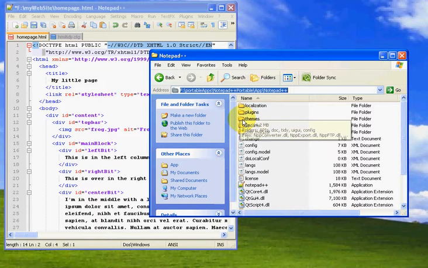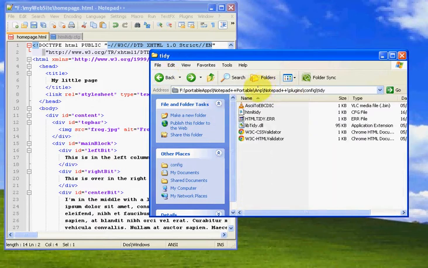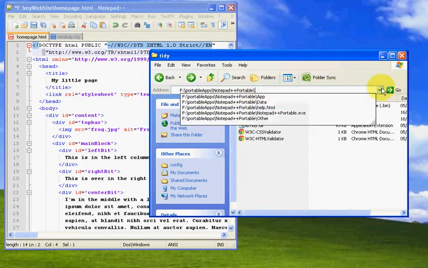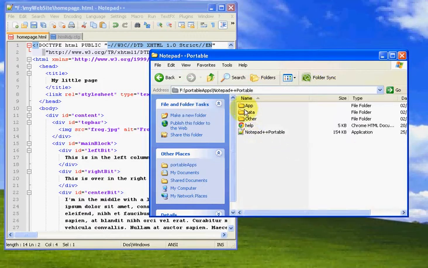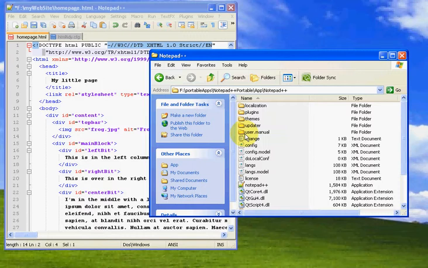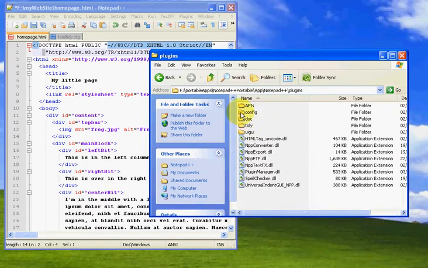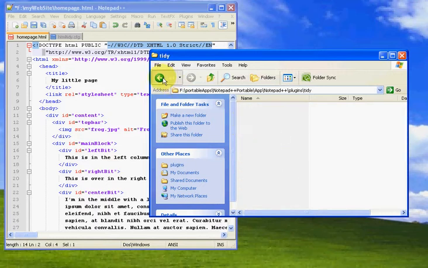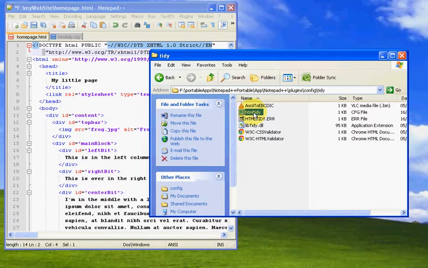So if you go to, you're in Notepad. Sorry, go back here. Let's go back here so you can see what it is. I'm in Notepad++. I go to Plugins, and I want to go to, is it Tidy? Let me just check. No, back up again. Is it Config? Yes, Config. And then look at Tidy. It is this configuration file here, which is